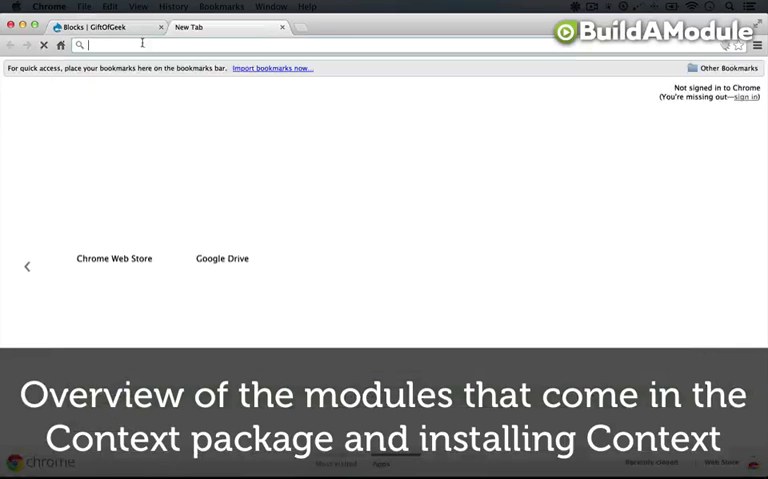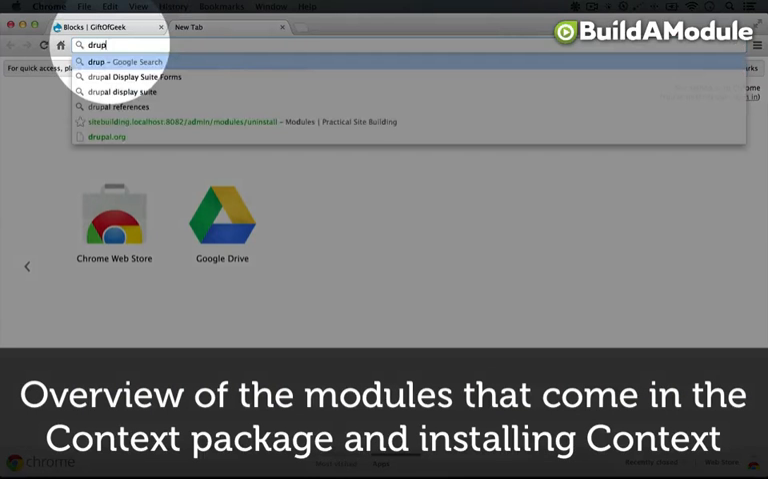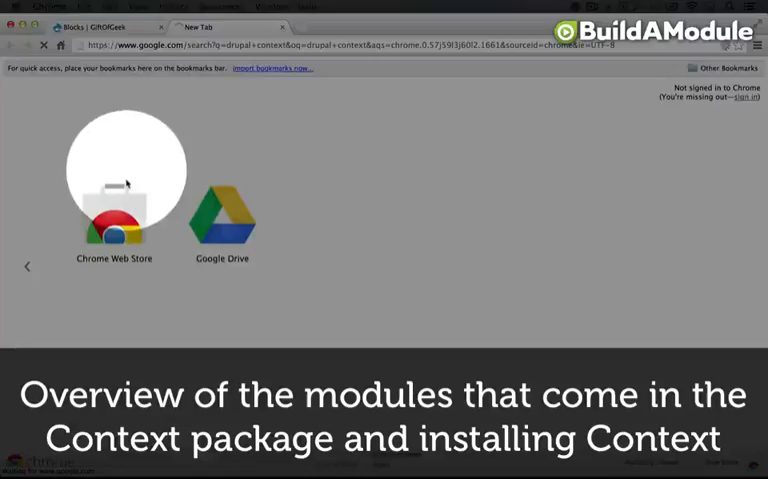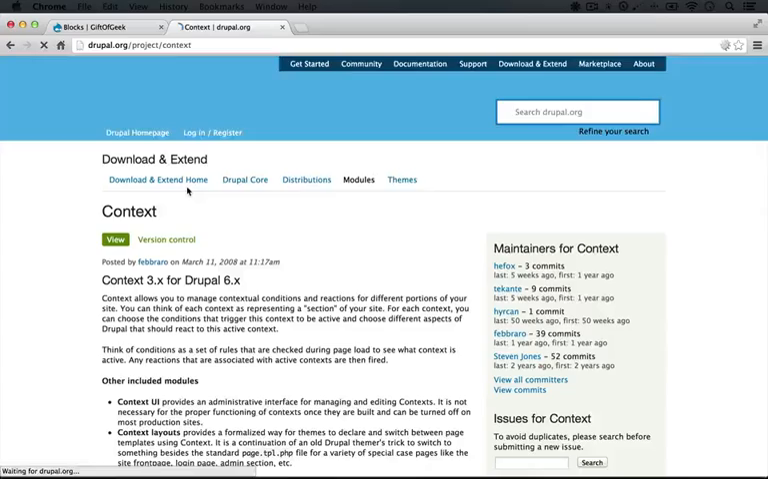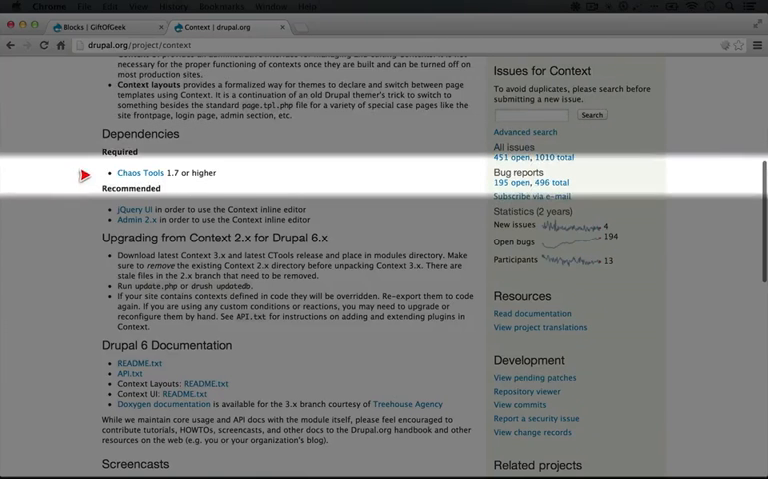Let's start by looking at the context module page. I'm going to type Drupal context in Google, and I'll select the top result here. So you can see that the Chaos Tools module is required, but we've installed that already for previous modules that